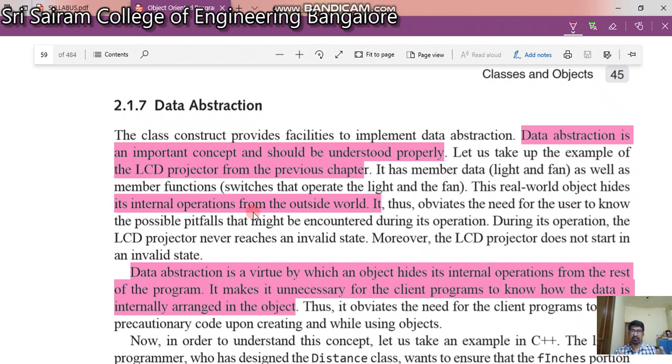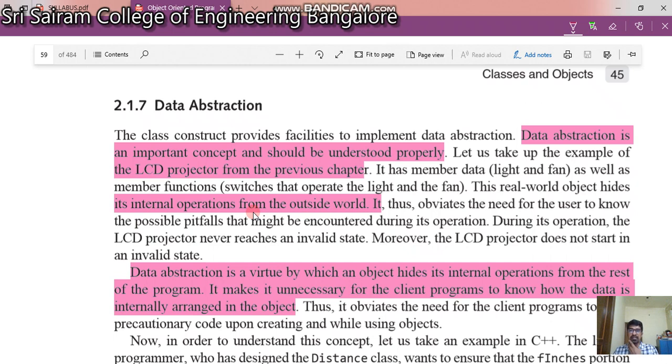How it is done, we have no idea. But this is inbuilt. The only thing I know is that when the light glows, the fan has to rotate. But how this is internally done, I'm not worried. And this is your data abstraction.